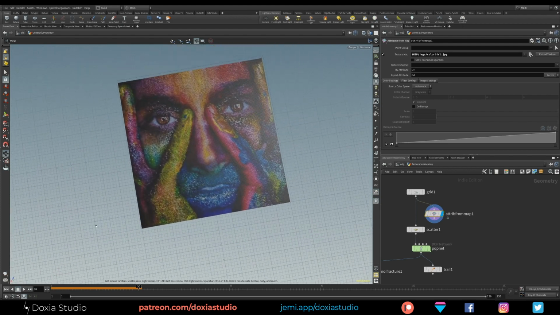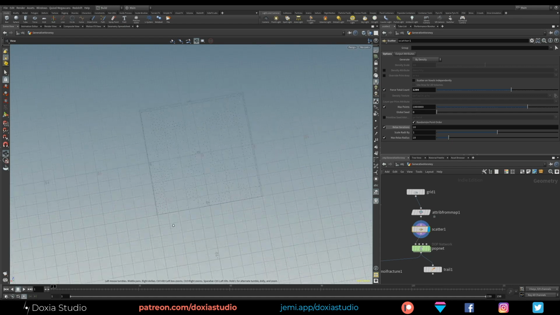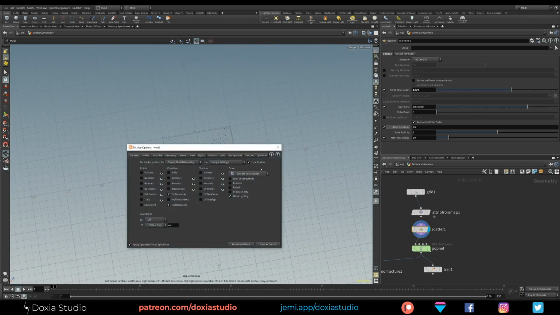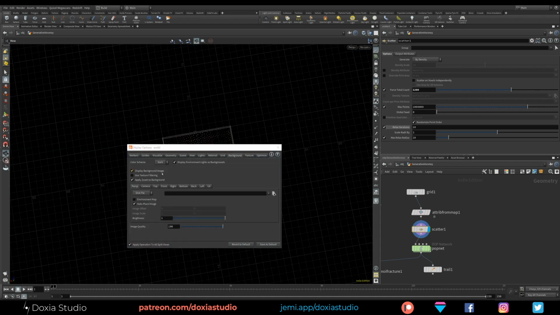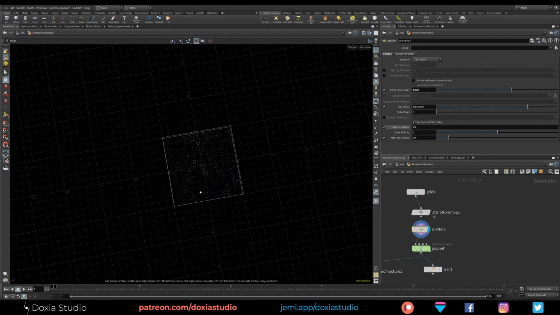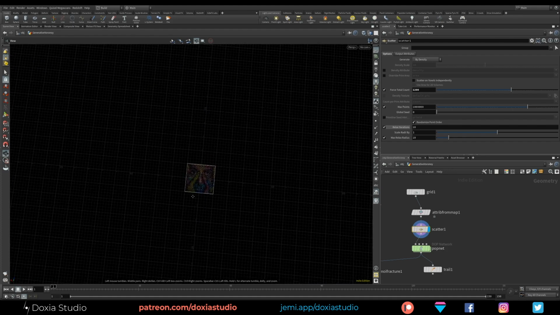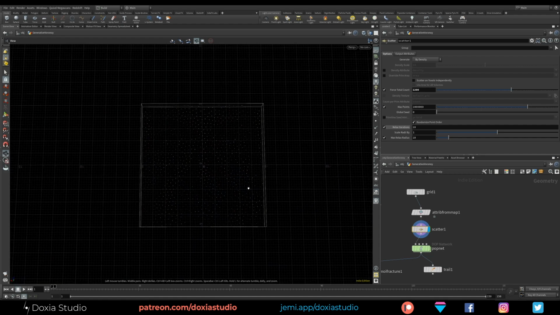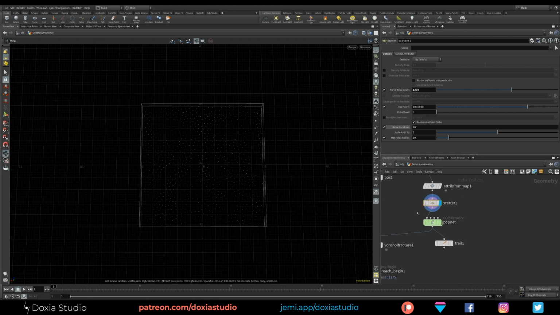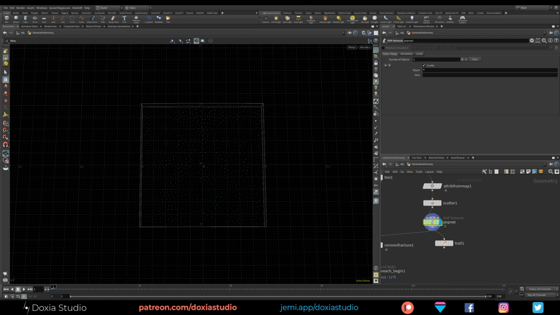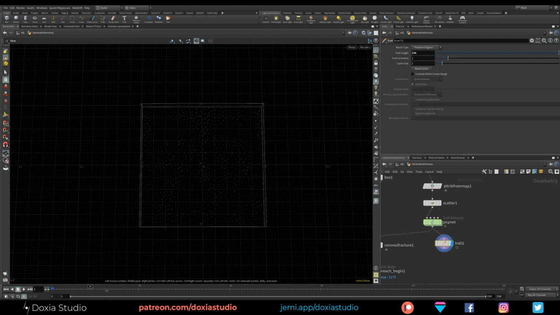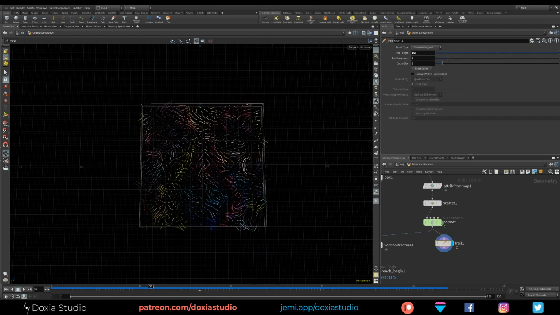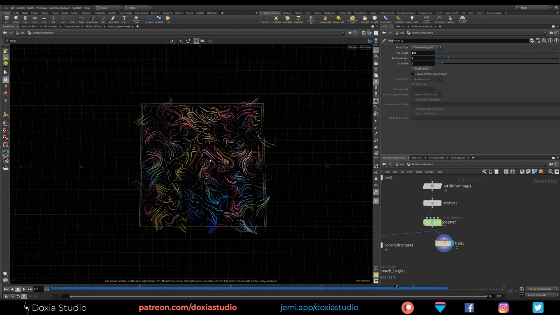Okay, pretty cool, right? So now if I tag this to our scatter, you will see that our points, so maybe if I turn my background to dark, you can see now that my points have color, right? Hope you can see this one. Okay, so now we are going to transfer those parameters to our pieces. If you go with our popnet or particles, you can see that our particles have the same color and will stay the same.